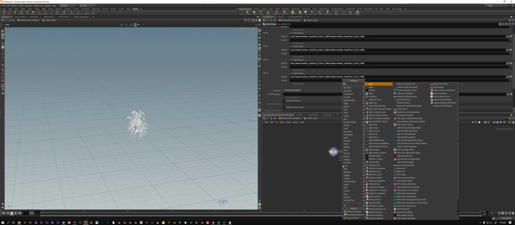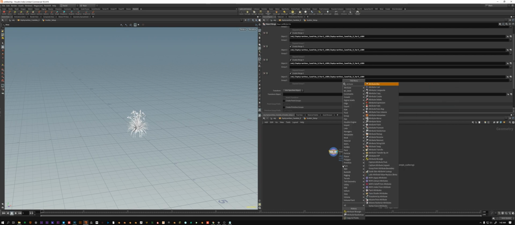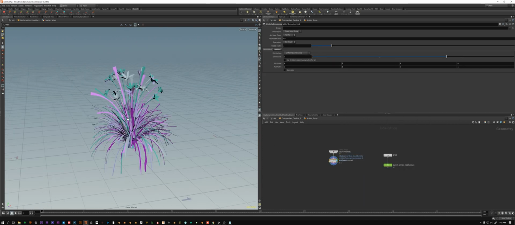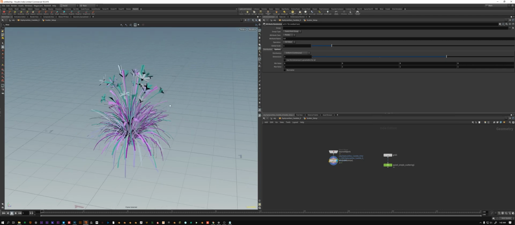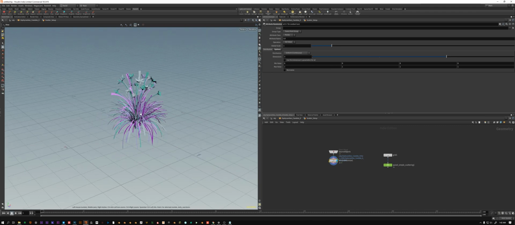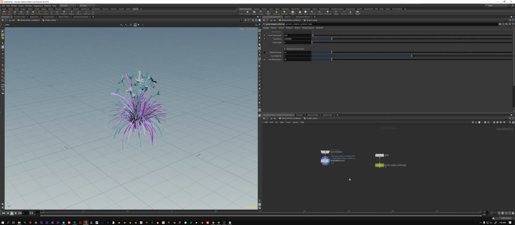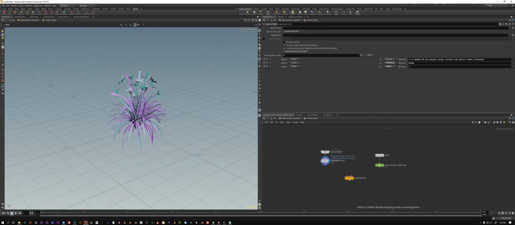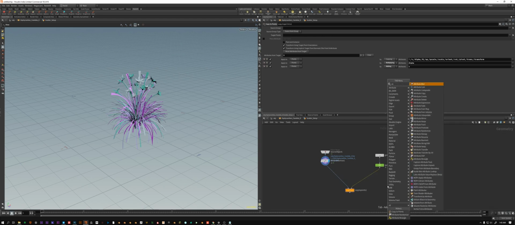And for debugging purposes, at the start I used an attribute randomize with random colors to see the different objects. So this gives all the objects that are imported a different color. And then I'm gonna drop down a copy to points SOP. Just wire this up. And then I'm gonna need an attribute wrangle